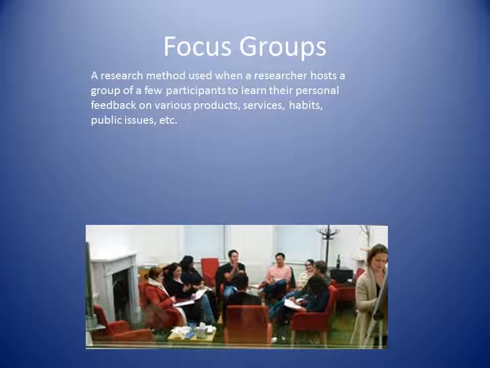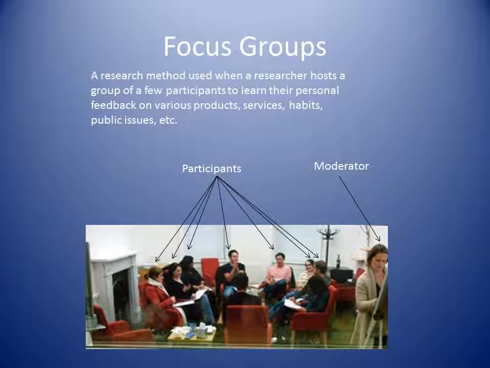There are three main parts of a focus group, human-wise. The first part are the participants, and they are these people right here. They are engaged in discussion about a certain product or lifestyle, like I mentioned above, and while they are having their discussion, they are being moderated by, for the lack of a better word, the moderator, right here. You can see that the moderator is recording what goes on in the discussion and is talking to them and trying to maintain the discourse at the same time. Now, there's another part of the discussion where you have the observers taking place, but we'll get to that in a second.